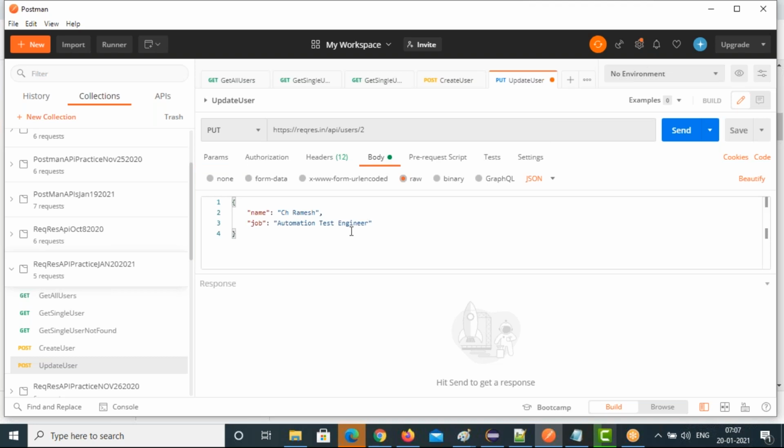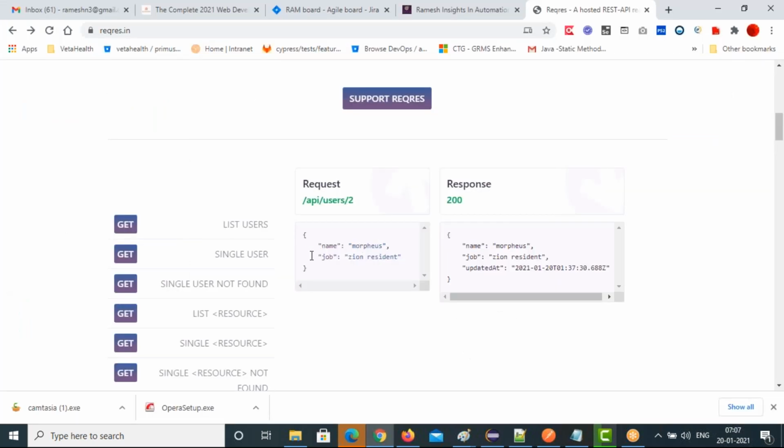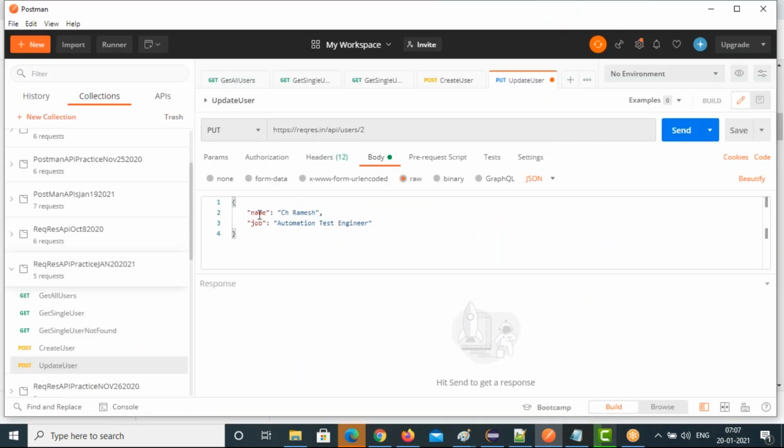So the body: which data do you want to update? You just give it here. This is the one. It's just simple, two parameters only here. Update, Control S, save it, and click the send button. You can send.